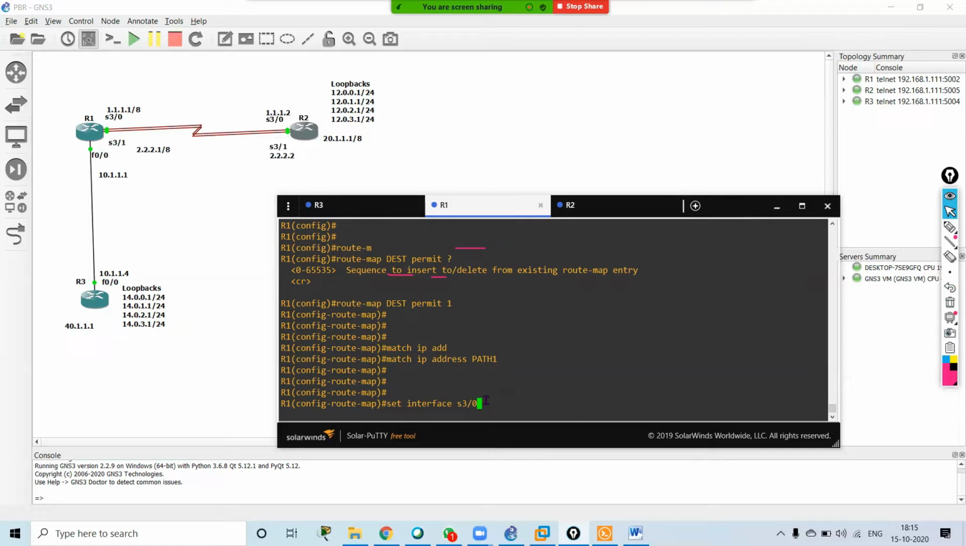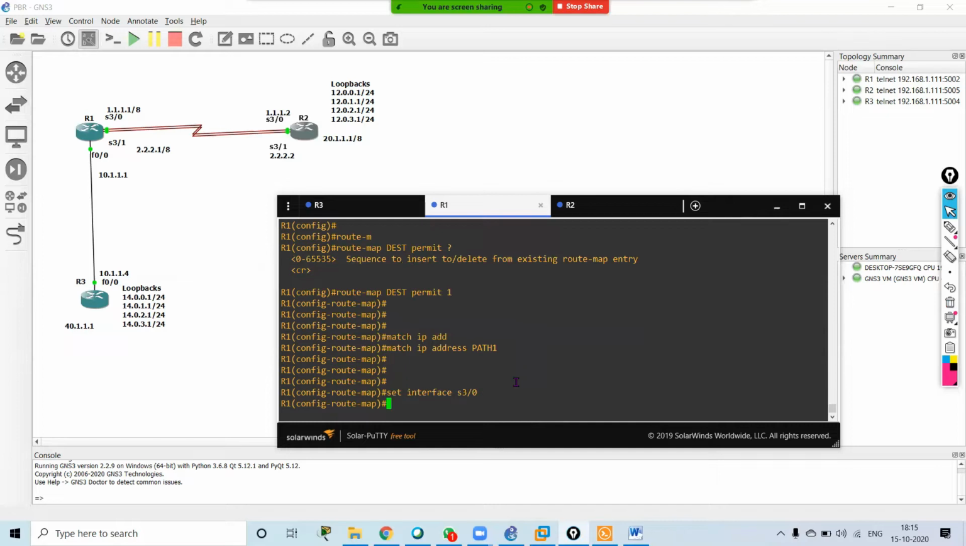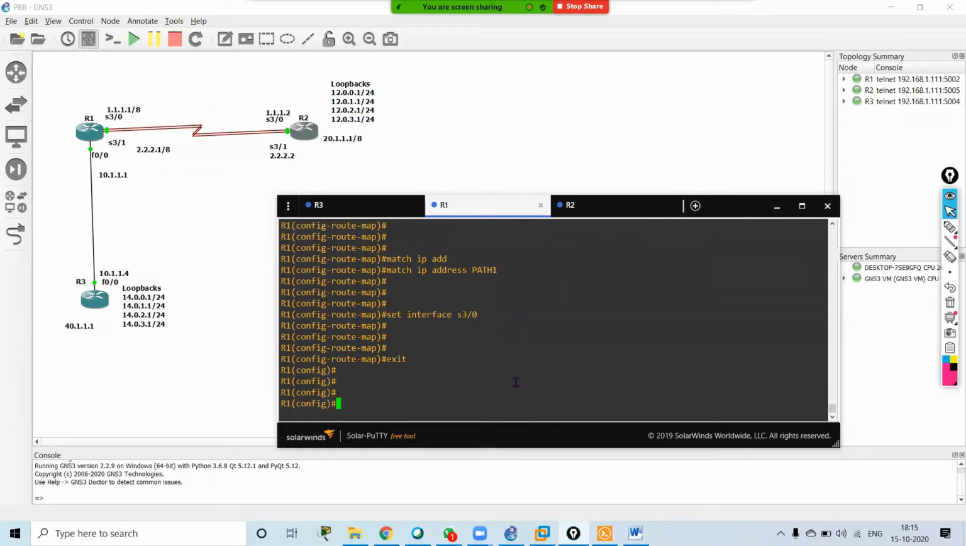So it will check what is the route map. The route map is: match IP address in path 1. It will match the IP address, and after matching, for that destination network, it will set the link that is forwarding the traffic as serial 3/0. Exit. Now my second route